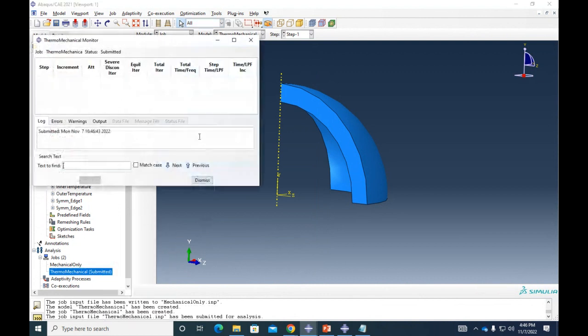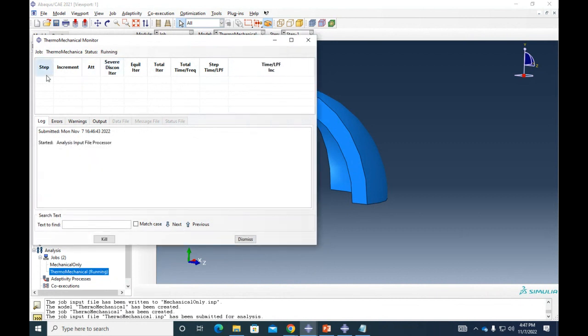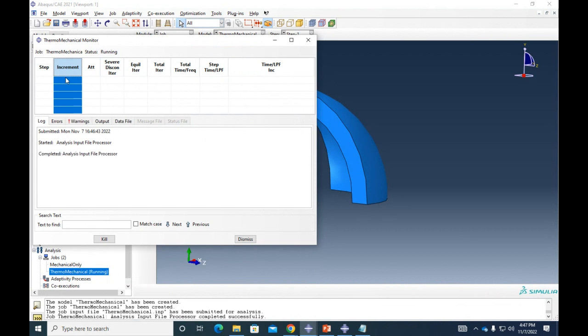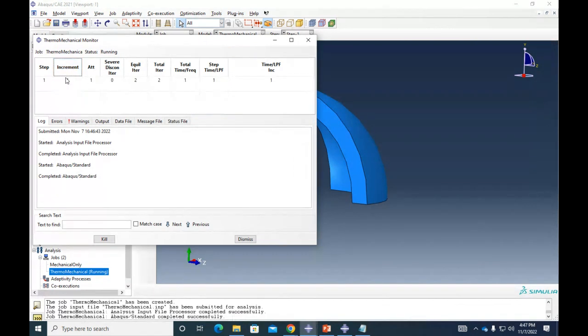And let's monitor. So here in the monitor, when do we know that it is ready? Because here the increment has to go from 0 to 1. And Abaqus will break the pressure into small linear increments. So initially from 0 to 0.05, from 0.05 to 0.1, and small linear increments until the totality of the load has been applied. Let's see if this runs.